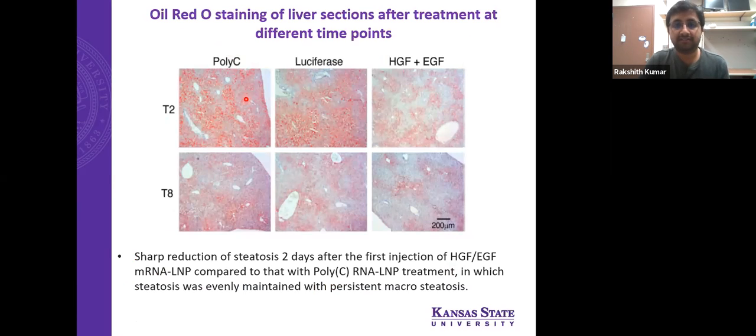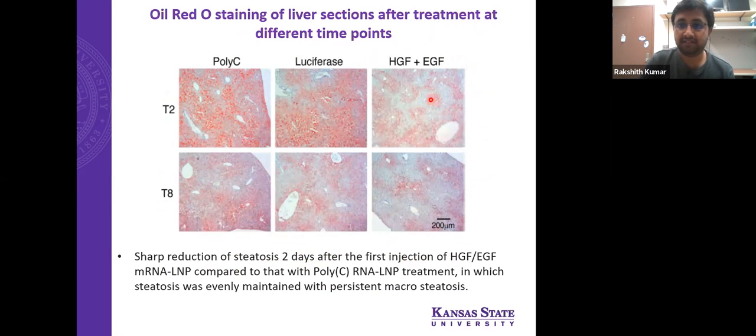Oil Red O staining. So the first result. This is for poly C, a control group, and this is luciferase, also a control group, and this is the HGF and EGF mRNA injected group. In the control groups there is no reduction in steatosis, and we can still see the vacuoles, but here it is reduced